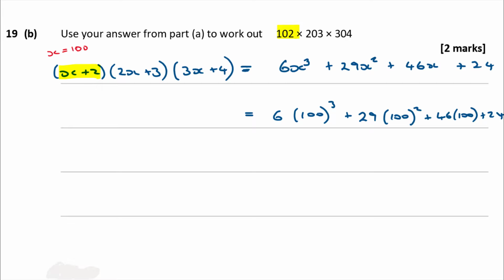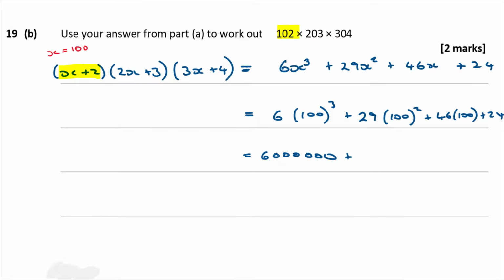Okay, so what is 100 cubed? Well, 100 cubed is going to be a million, isn't it? 100 times 100 times 100 is a million. So that's going to give me 6 million